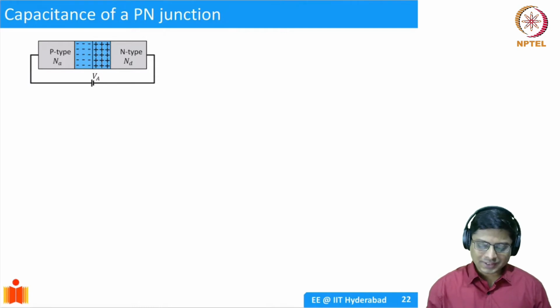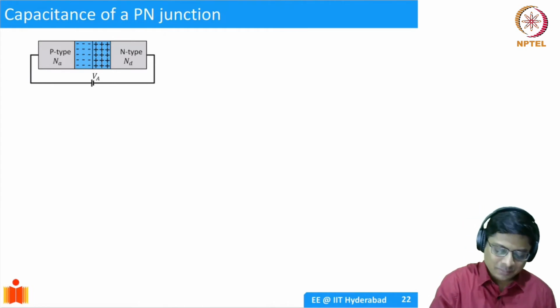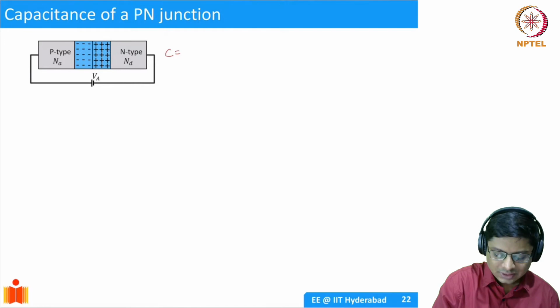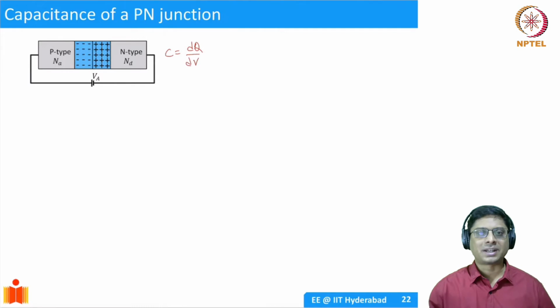Let's consider what, after all, a capacitance is. Capacitance is simply dQ by dV. Take a parallel plate capacitor, apply a certain voltage, and make a small change in the voltage. The amount of charge on the plates will change by delta Q. So the derivative dQ by dV is essentially your capacitance. For a parallel plate capacitor, this is linear, so C equals Q by V. That's why Q equals CV, which we write all the time. So that works for a simple parallel plate capacitor.